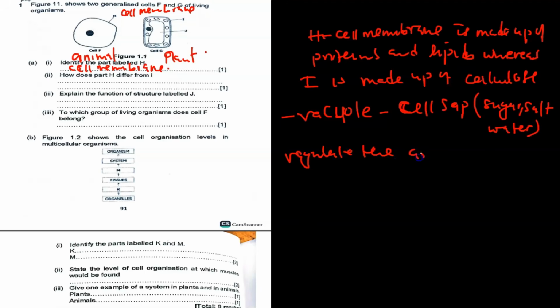Now, this one regulates the amount or the movement of water in and out of the cell. So for example, if the cell sap is more concentrated, the cell will need to absorb more water. If it's dilute, compared to the outside solution, it will lose water. To which group of living organisms does cell F belong? So cell F, which one is cell F? So to which part of living organisms do animal cells belong? Okay,